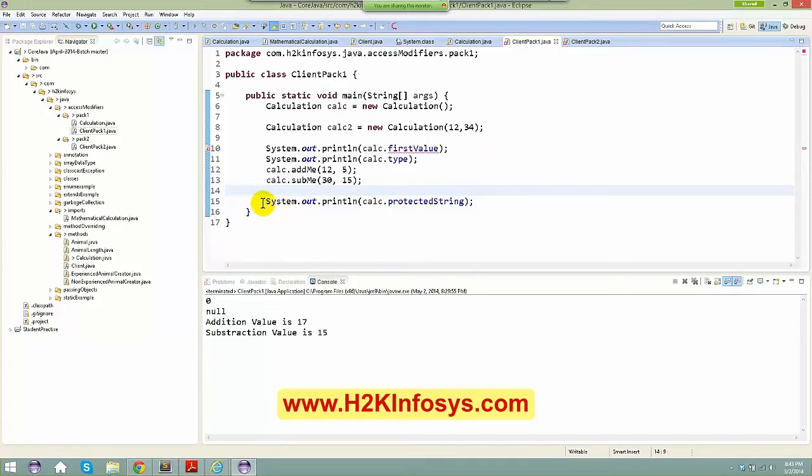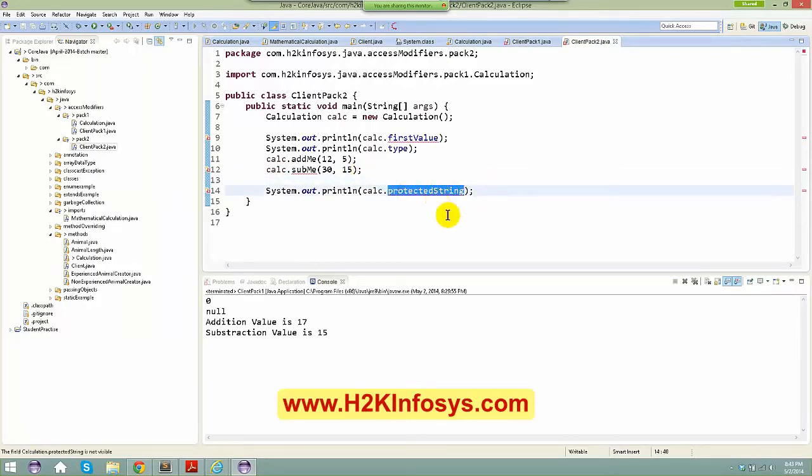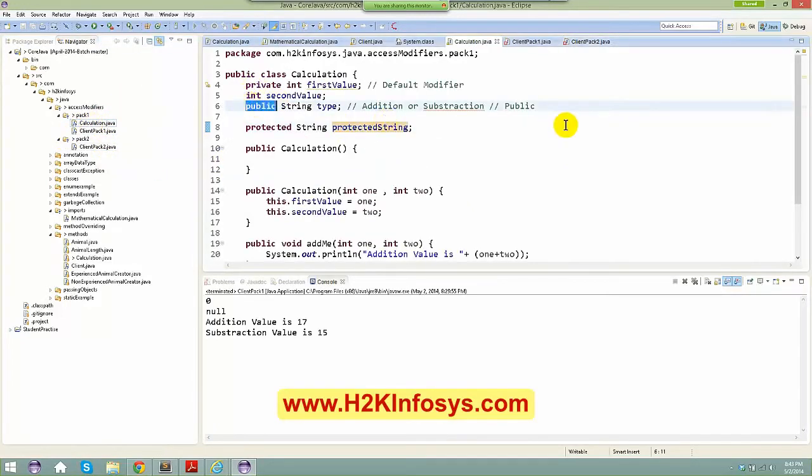But the same thing if I do it in my package2, I get a compile time error here. So again, when you talk about protected, you can access inside the package or in the subclasses also. We'll talk about those things right now. Just to remember one thing: whenever it is public, it can be accessed anywhere. Whenever it is private, it can only be accessed inside the class. Whenever it is default, it can be accessed